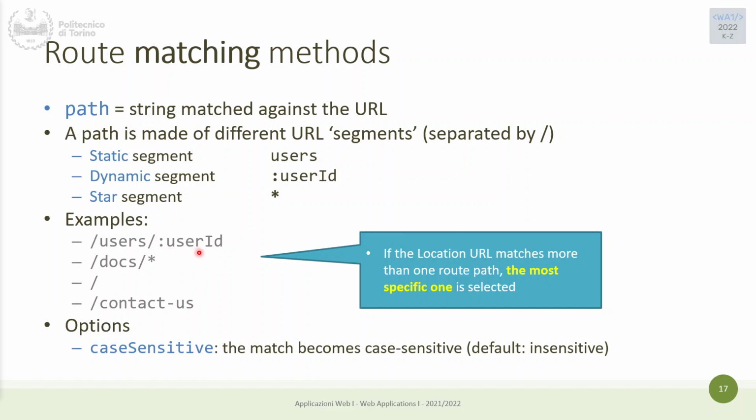Here, for instance, you can find an example in which the path could be made by different segments. Static segments, so facebook.com/users, and you will get the entire list of users. Or dynamic segments, so users/userID, or simply /userID. For instance, if here we have two different routes, users/userID, which is a variable that will be